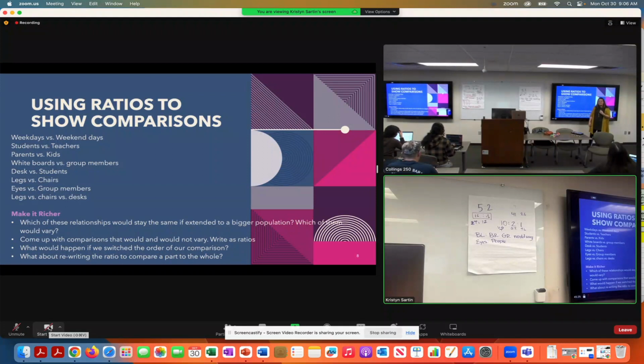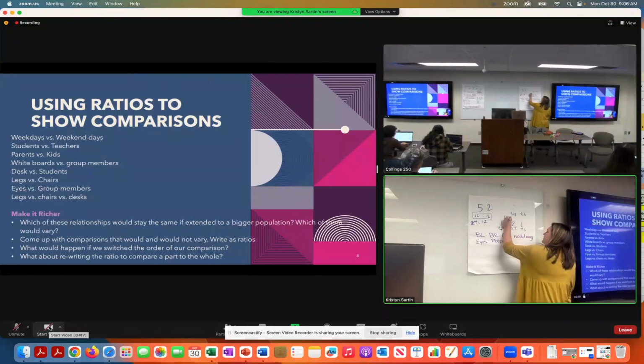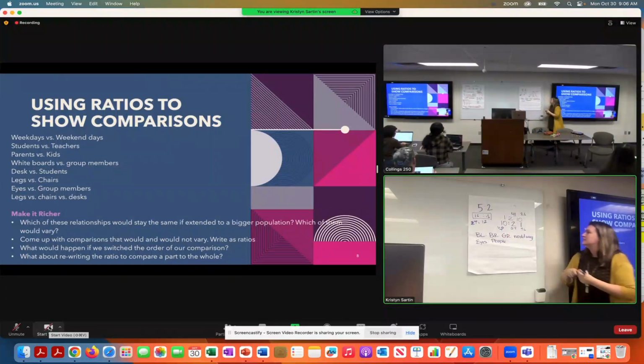So that's going to be an important part of extending ratios. Think about proportional reasoning and solving problems: we have to assume that the relationship stays the same when the population or the data expands. Okay, so we could ask our tutees to come up with comparisons that would and would not vary. So other ideas, you guys did that already. Write those things as ratios. What would happen if we switched the order of our comparison? Right, so if I said 1 to 2 to 10, is that